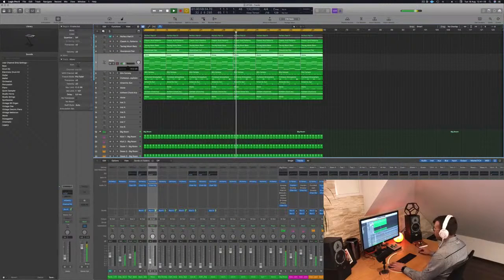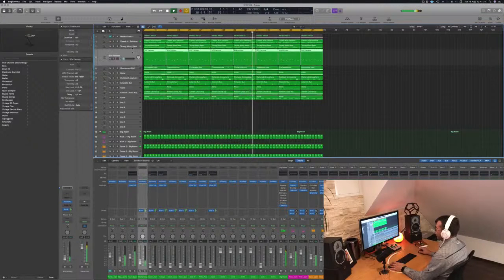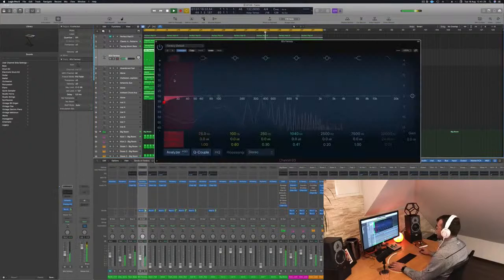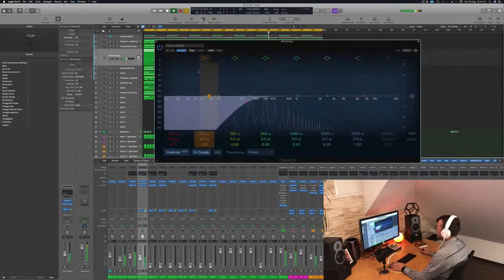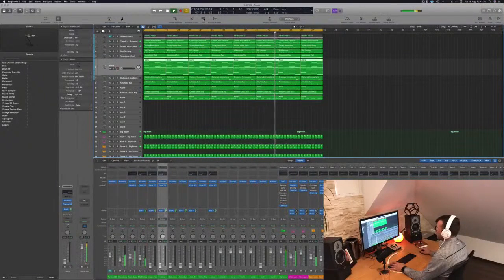Then we go. This is our pad. This was our brass. Our brass, very good. Sit at the top of the bass. Gonna bring them now. While we're at it, do some cleaning. Always remove the low end. Here we have